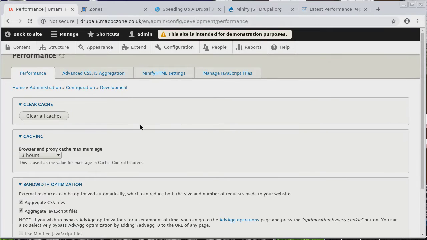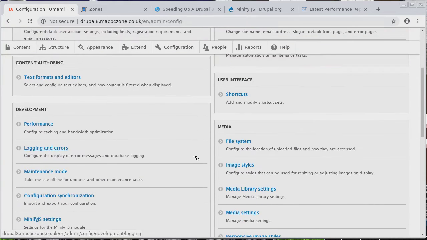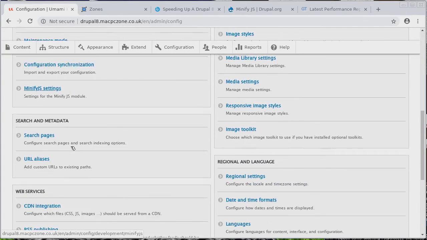So we go into performance. Well, it's in development. I don't know. Okay, let me just. But you can tell I haven't done a test run on this, so I'm basically just winging it because I'm trying to get it done